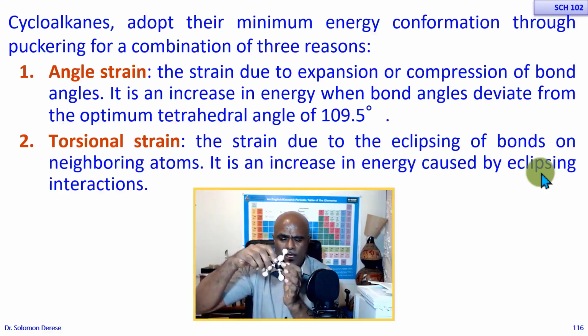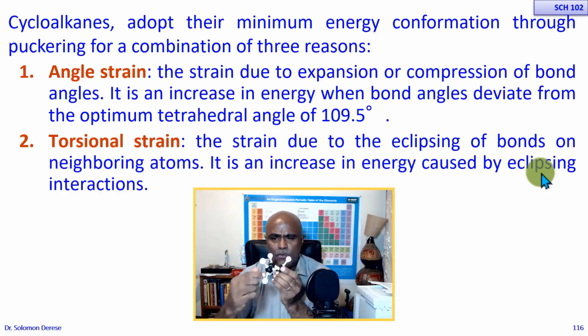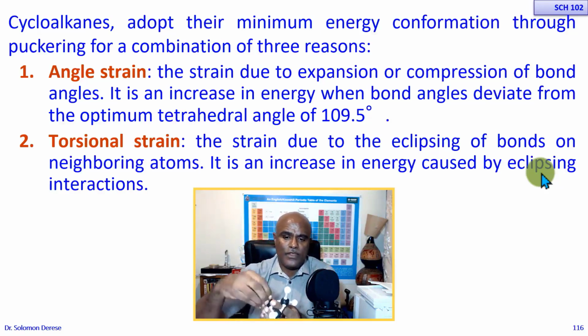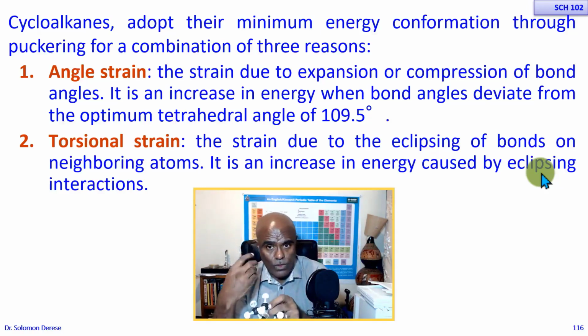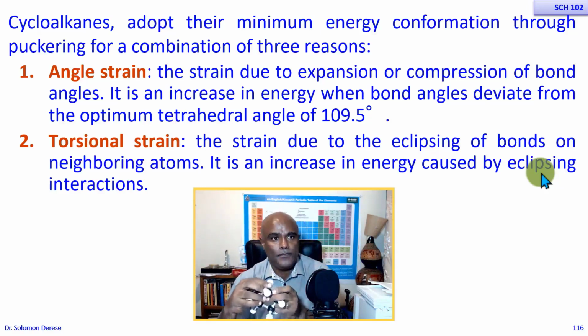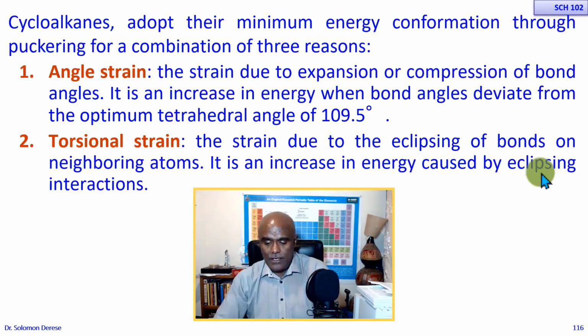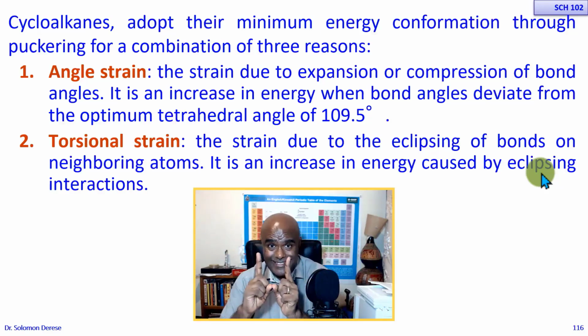This one and this one are eclipsing. These ones and these ones are eclipsing. As a result of eclipsing, there is electrostatic repulsion between the electrons of the corresponding carbon-hydrogen bonds. So alkanes will adopt different conformations in order to minimize or eliminate torsional strain. So torsional strain, what you should know, is a strain that comes as a result of eclipsing